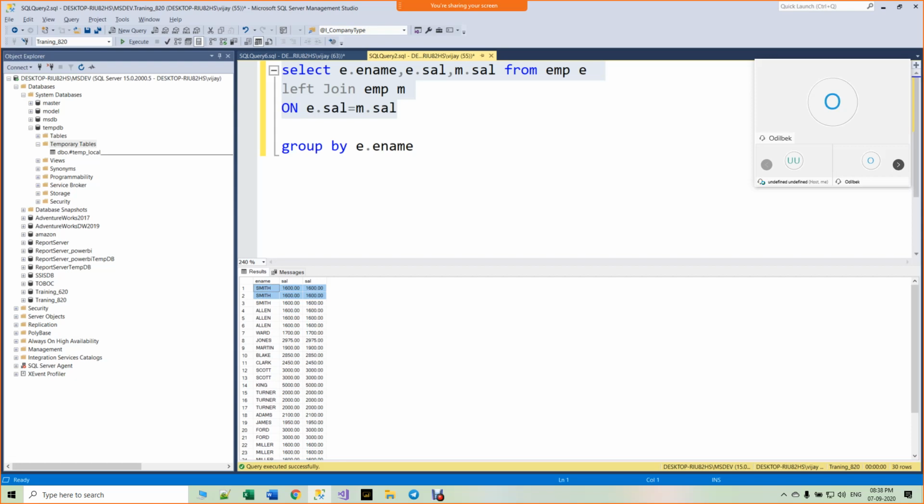Both are correct. You almost did it. Very few corrections are required. Just 1 minute.